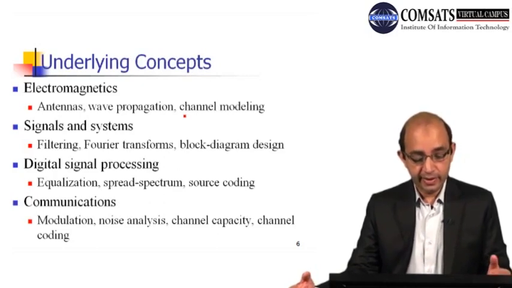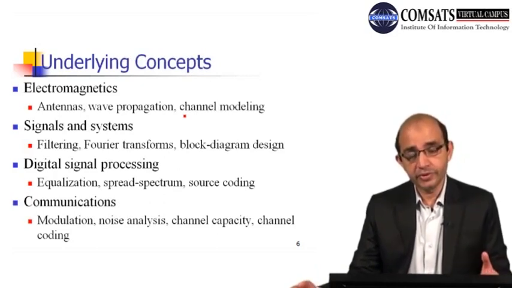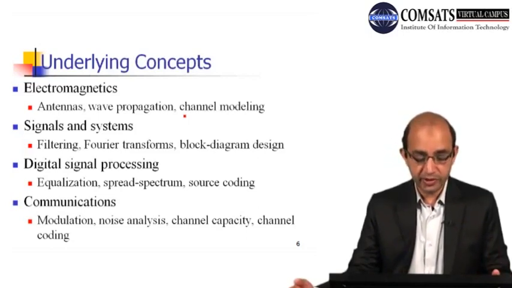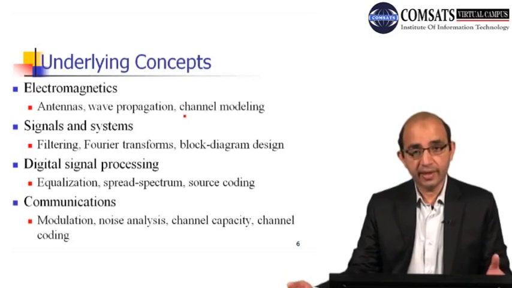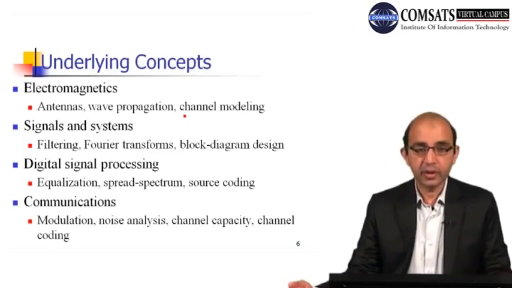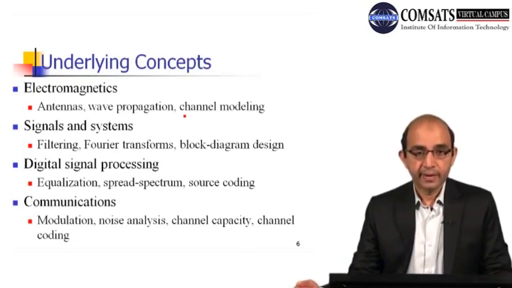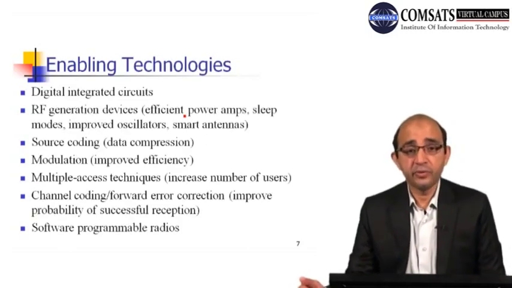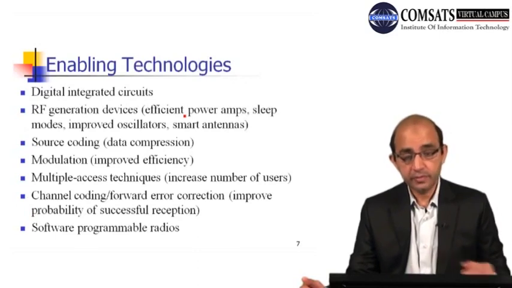And then we also use different communication techniques that include modulation, demodulation, and channel coding. So these all are very important in order to achieve wireless communication. So whenever we have to build a wireless infrastructure, we need certain enabling technologies in order